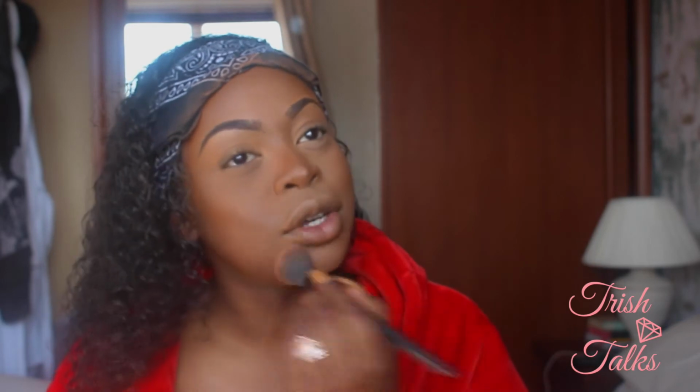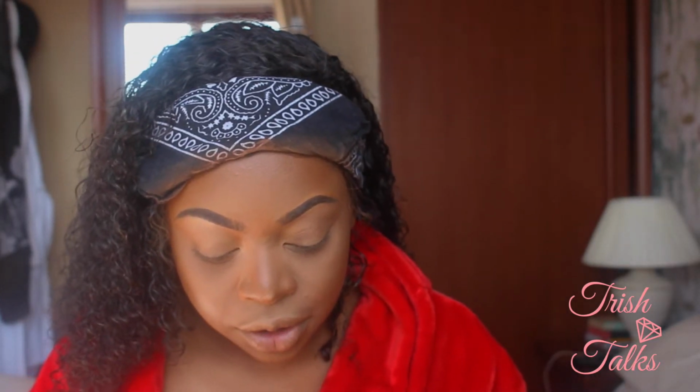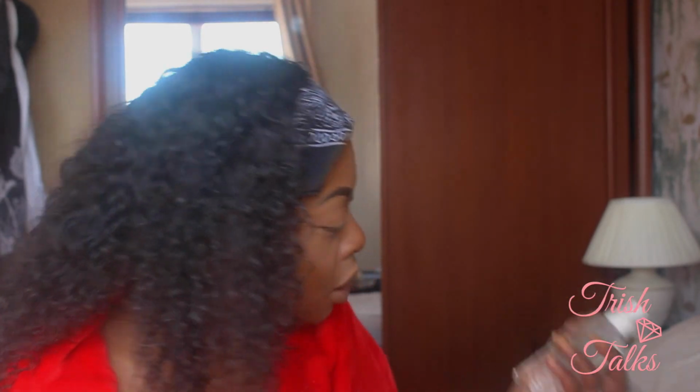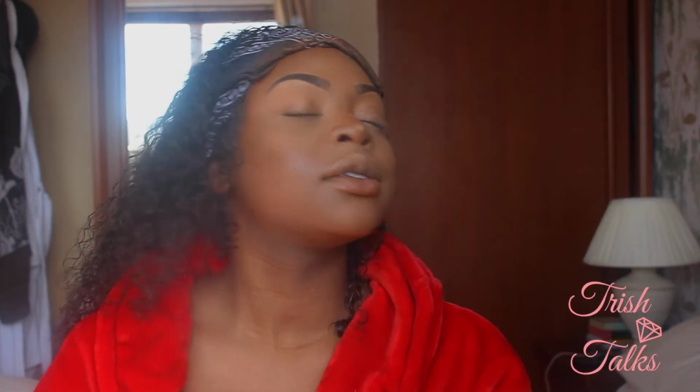And since my face is looking really light, what I like to do now is get my water bottle, whatever it is. This used to have setting spray in it, but I use this. You can use MAC Fix Plus, anything like that, but you just want to get everything moving, because I feel like things are very structured and very harsh right now. Do you get what I mean? So I just spritz that,